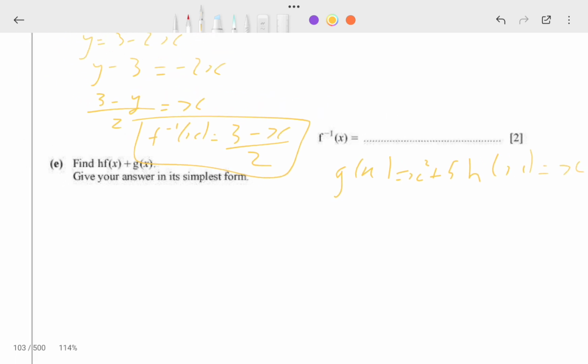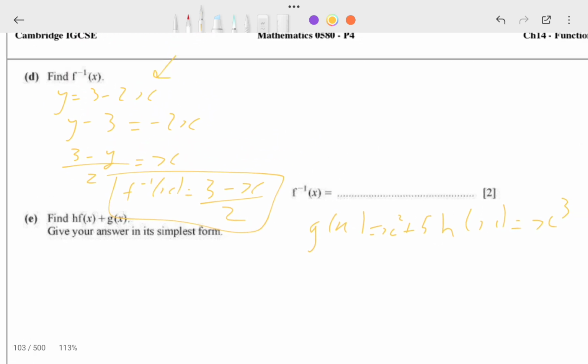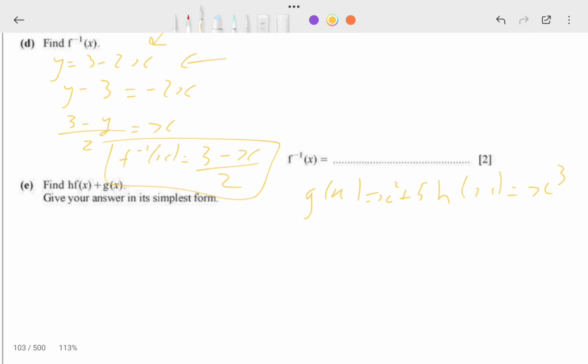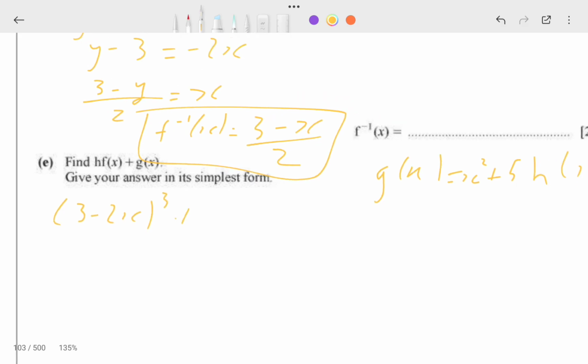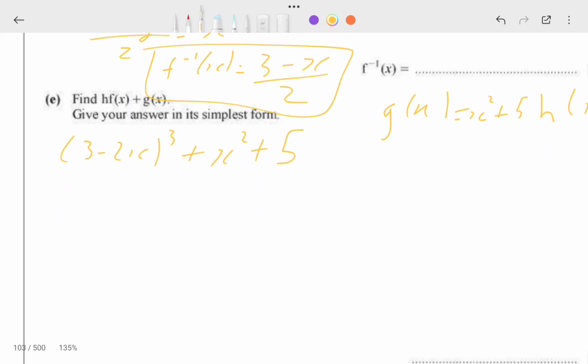Okay, now the function f(x) is this. So we will put function f(x) in h(x). So (3 minus 2x) to the power 3 plus g(x), which is x squared plus 5. Now we will open up this bracket by binomial. So